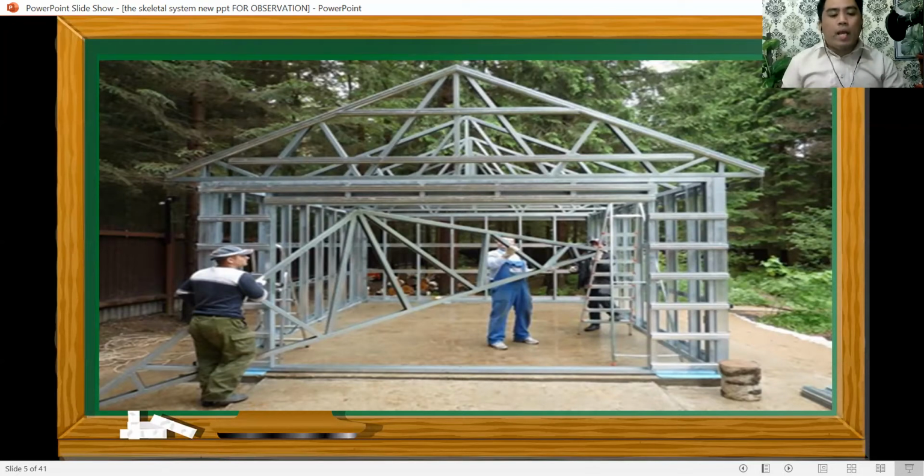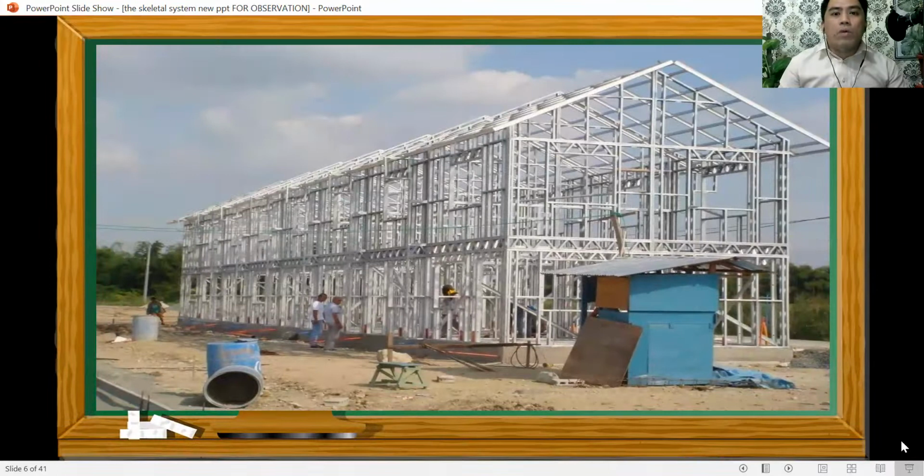So bakit kaya nila inuuna yung framework ng isang bahay bago gawin yung iba pang parts ng, for example, bahay or ng building? Bakit kailangan muna framework? Kagaya nito. So framework muna ang inuuna nila. Okay, so kung ang sagot ninyo ay para maging matibay, makatayo ng maayos ang bahay, correct kayo doon. Very good kayo doon. Okay? So